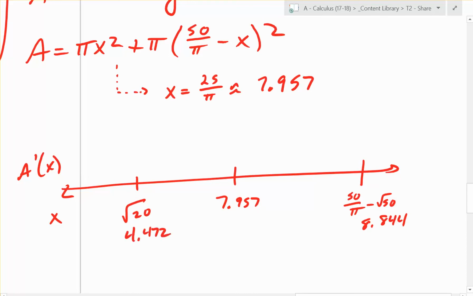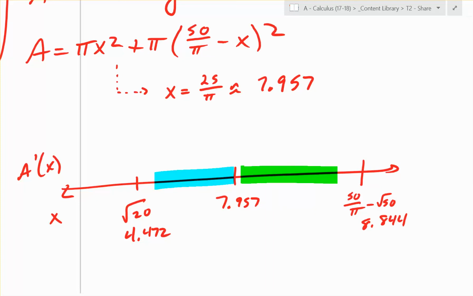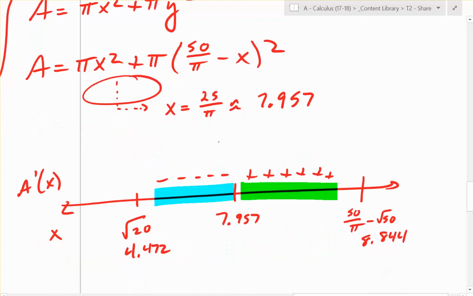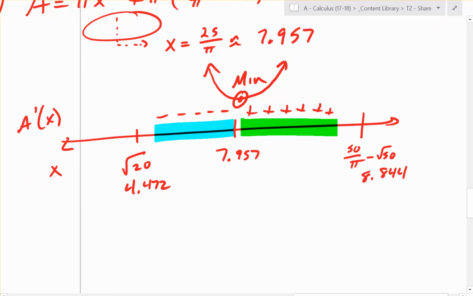4.472. So when you do this out, it turns out that when you do the sign diagram, you're going to have these two regions, the blue region and the green region right here. It does turn out to be negative, negative, negative, negative for the derivative, and then positive, positive, positive, positive. And the derivative, you have to figure it out in this work here. That's what you plug into. You know, therefore, the function is going down then up. So this is going to be a minimum will occur when x is